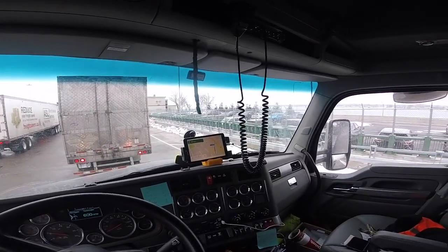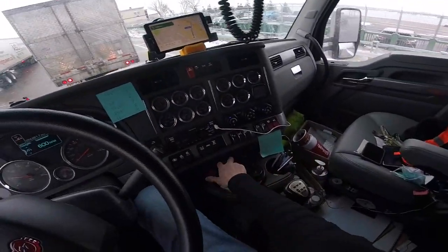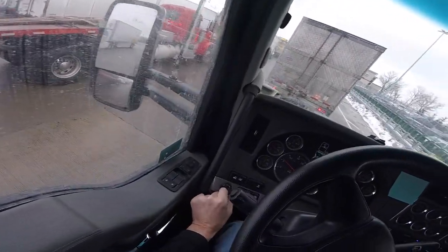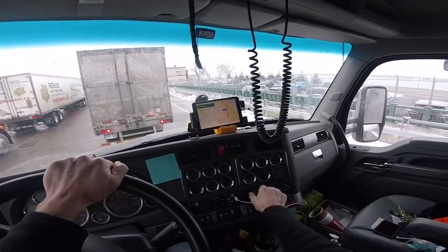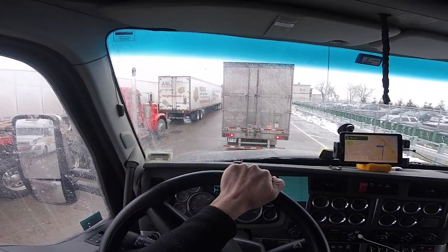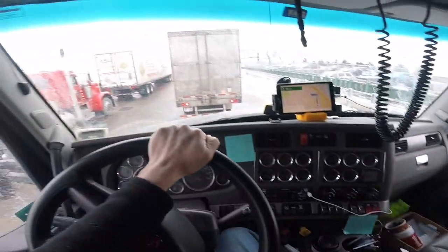Anyway, all right, what's going on? Utility, come on. Now as soon as I turn off the engine, he'll start moving. Watch, I'm gonna turn off the engine. Let's see. Because usually it's Murphy's law, you know. But I don't like idling, you know. That's why I'm pretty sure this truck, when it's time to sell it, it'll be